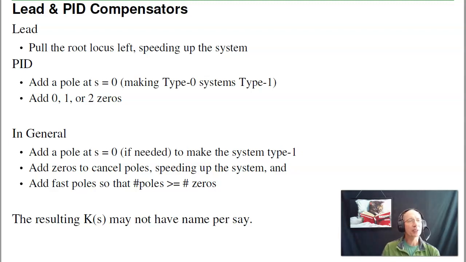That's pretty much the design procedure. The resulting K of s, the resulting compensator, may or may not have a name. If you don't care about having a specific name for it, it's just a bunch of poles and zeros. That's really the design procedure in general. Add a pole at s equals 0 if you need. Add a bunch of zeros to speed up the system. And then clean it up, finish it off with extra poles to make the number of poles match